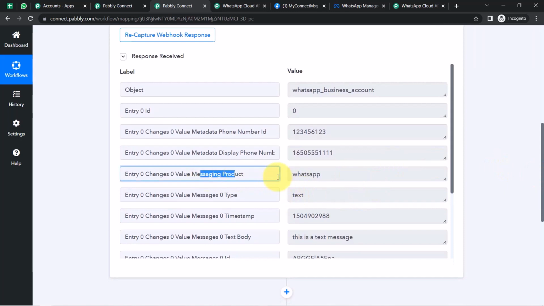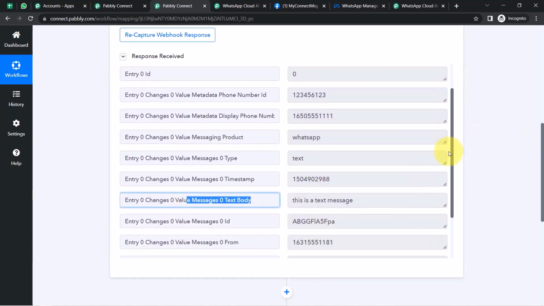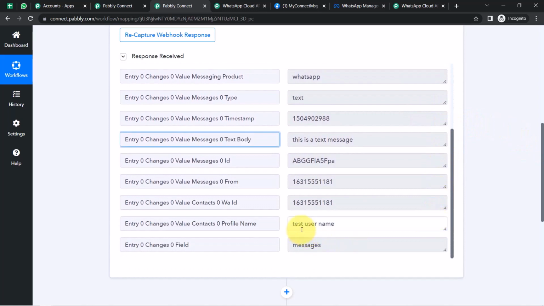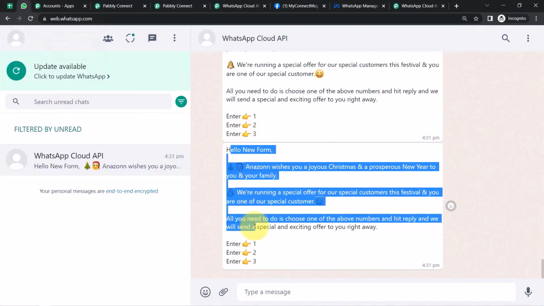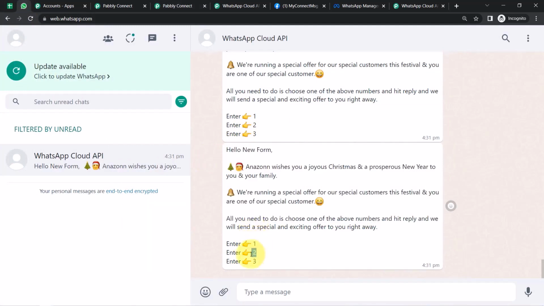Let us check the details one by one. Here you can see the messaging product is WhatsApp. Here is the message text body. This is a text message. Here we have the name of the person, and we have received a dummy text from our customer's end. But in this particular case, my customer is going to reply with a number, either 1, 2 or 3. So instead of receiving this testing data, I'll send either 1, 2 or 3, and then I'm going to receive